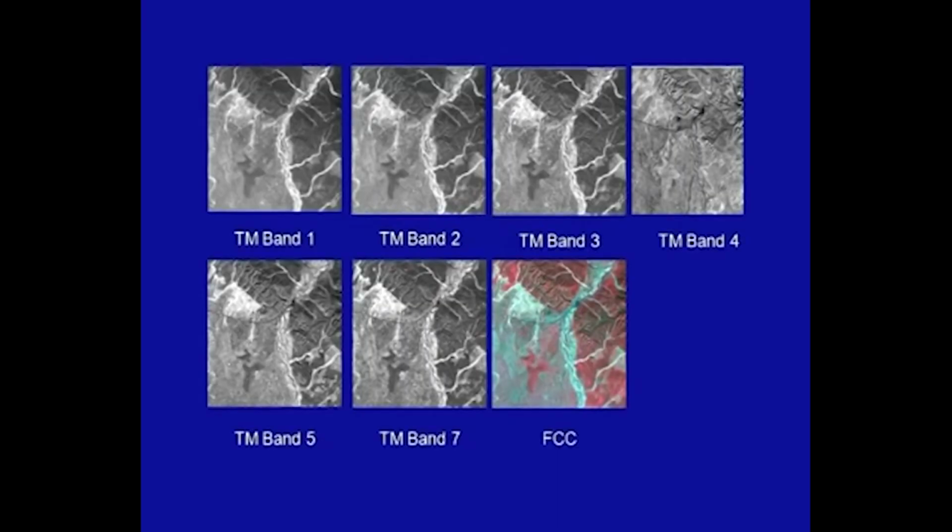Here, a TM data set for a particular area has been taken, and the sixth band, which is the thermal data, has not been taken into consideration. The rest, that is TM bands 1, 2, 3, 4, 5 and 7, have been taken for analysis. The seventh image which we see in color is the false color composite, wherein 3 bands have been taken